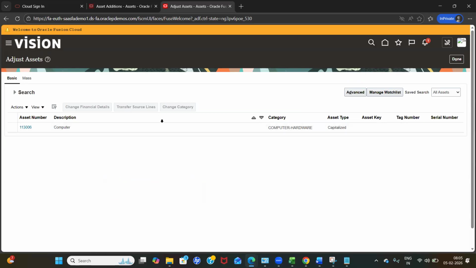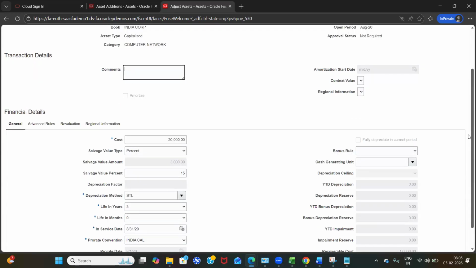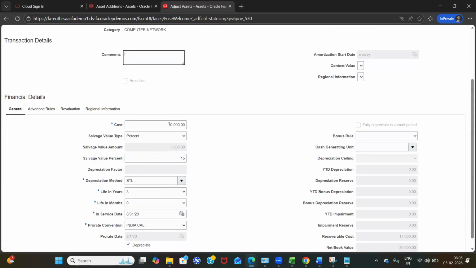So this is how you update the category from one category to another if you have mistakenly added a wrong category to the asset. Or if you want to change some financial details, you can click on change financial details. You can add the comment and respective details. You can update your cost. You can increase the cost of the asset, right? And if you want to override the depreciation method,